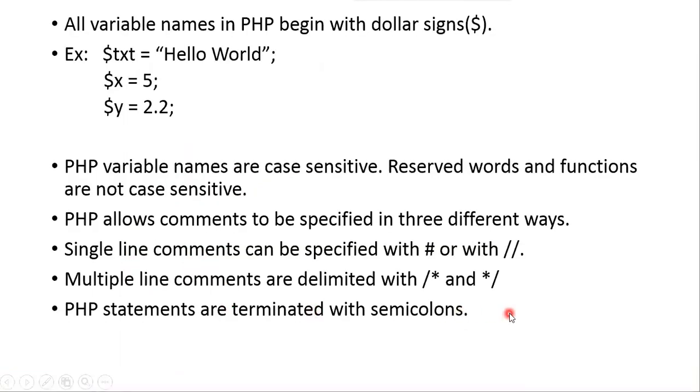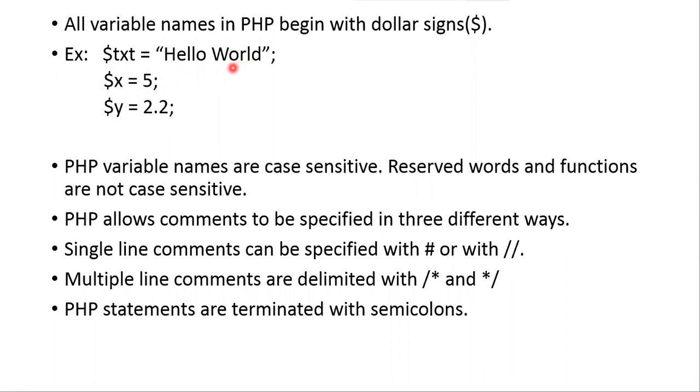Now, how do we declare variables in PHP? PHP variables are declared with the $ sign. Now here you can see we have declared three variables. After the $ sign, you can make use of either an underscore or you can directly begin with alphabets. Now $txt is equal to "hello world". This hello world is put in double quotes.